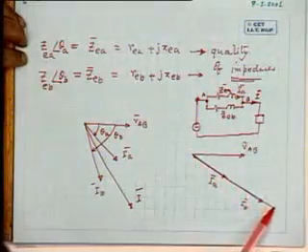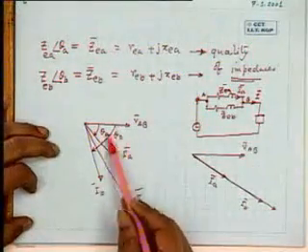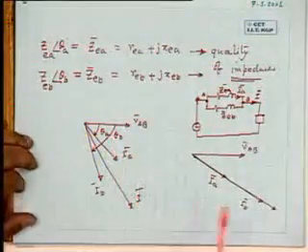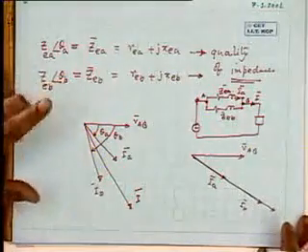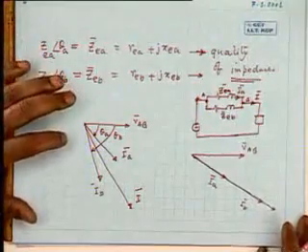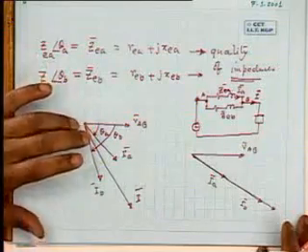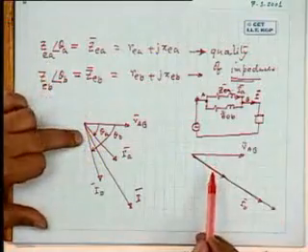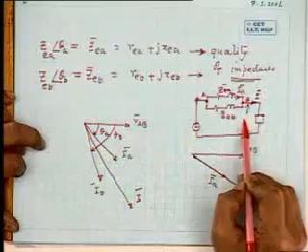What will be the total current? Total current will be the sum of these two along this line. So the current delivered by each transformer will take place at various angles, theta A, theta B. So the power factor at which the two transformers operate when the qualities are different will be different. They will be operating at different power factors here, and here they will operate at the same power factor.